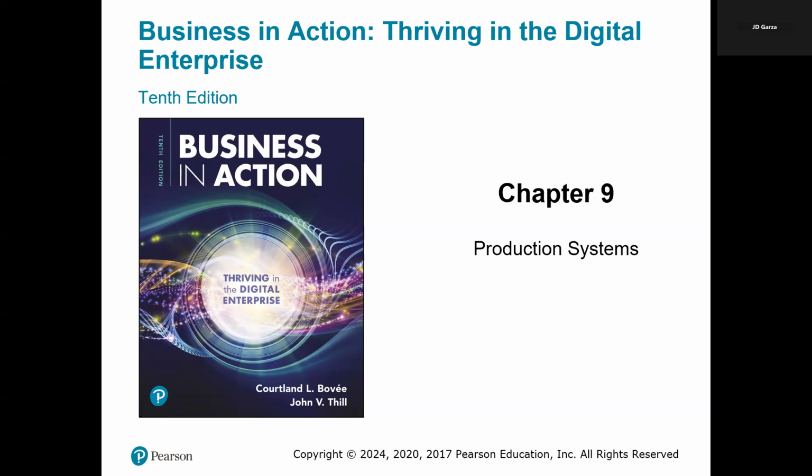Now, in today's digital age, production isn't just about making things, it's about making them smarter, faster, even better. As we explore this chapter, we're going to uncover the strategies, technologies, and management techniques that drive production efficiency and innovation, from the seamless integration of automated systems to lean manufacturing methods that reduce waste and boost output. Production systems are the pulse of competitive business operations.